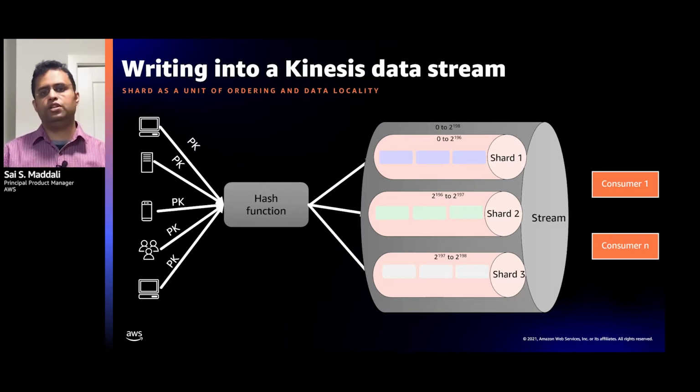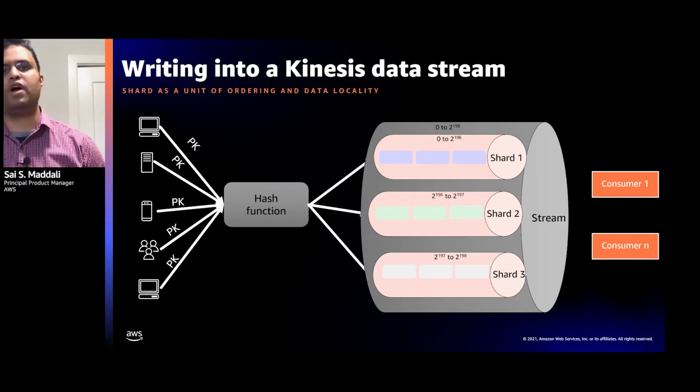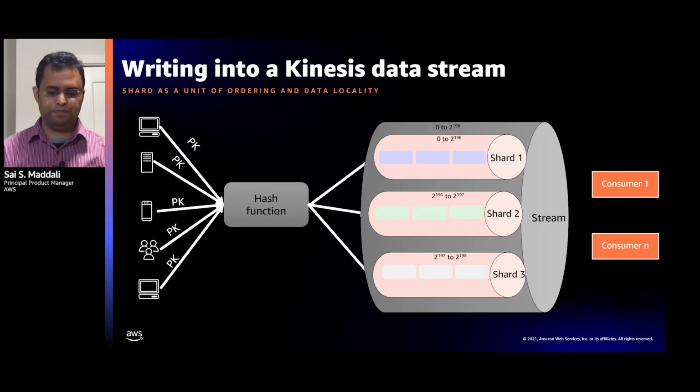So you can actually scale your application regardless of how many products you're adding, regardless of how many customers you are actually serving, and still be able to generate the top 10 most popular products list to your customers in real time. So that's how you write data to Kinesis data streams.